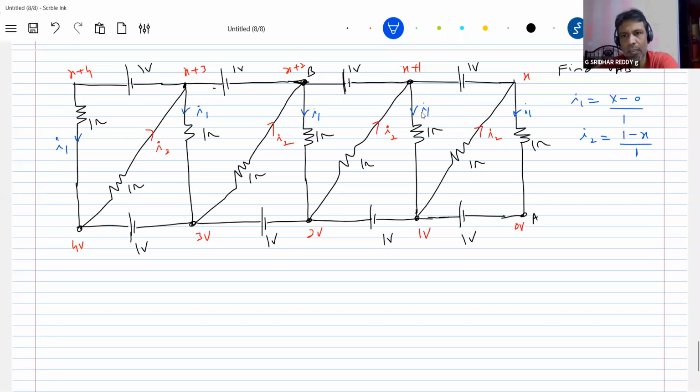How many unknowns are there? I1, I2 and x. I need one more equation. One more equation with what? Relation between I1 and I2. I'll apply KCL. I'll come in order. Here I2 is flowing. I'll change the direction of I1, it'll be easy for us. Of course, we'll get negative, no problem.